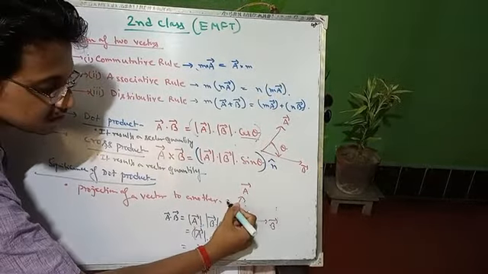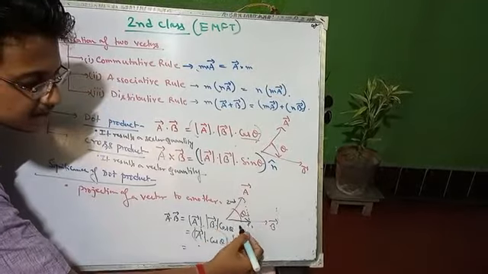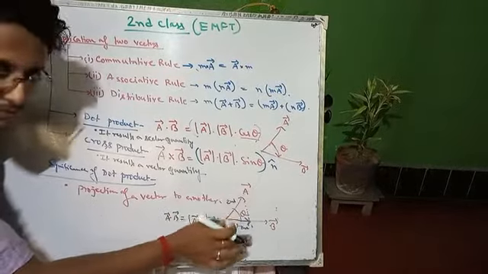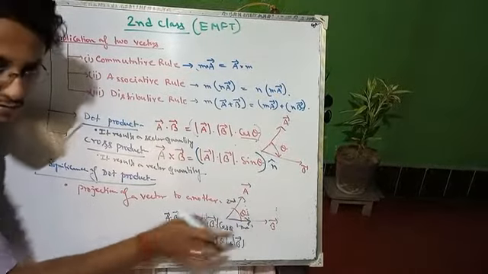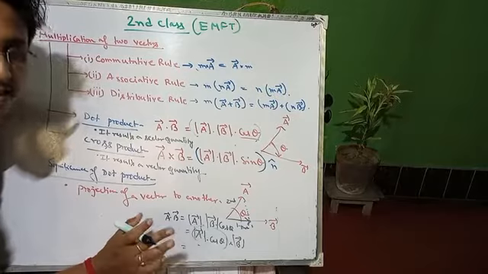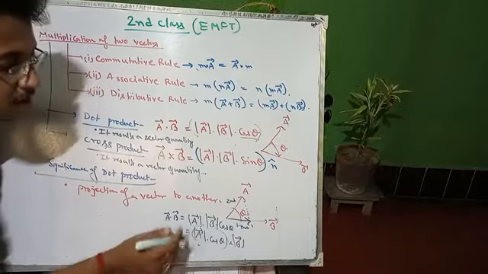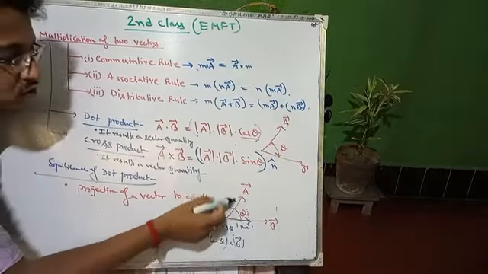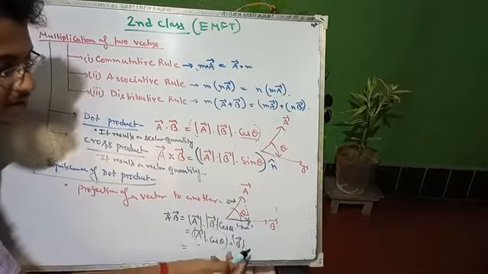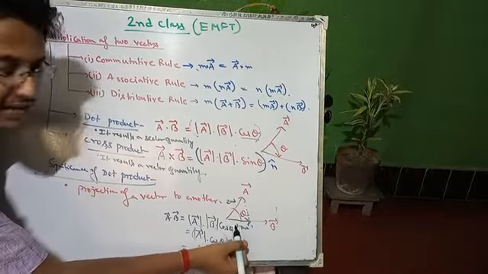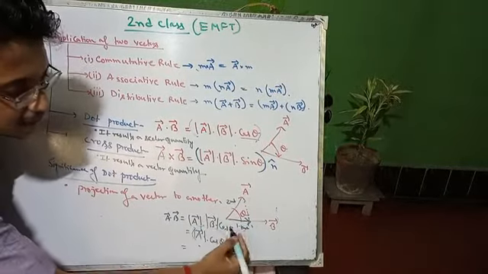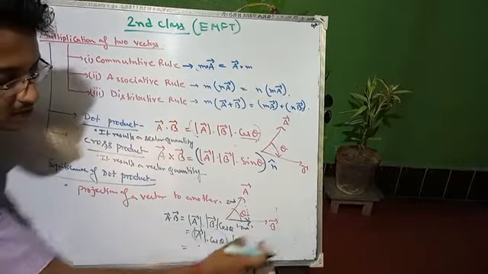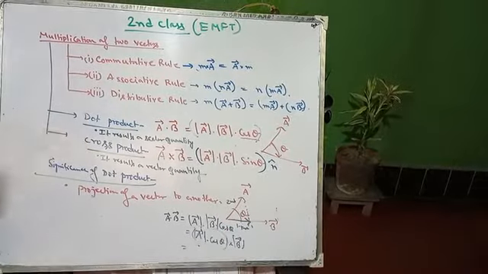Suppose this length is 2 units, and the projection is, say, 1.5 units. I am giving an example. It is less than 2, obviously, because cos theta has a maximum value of 1, so it will be some fraction. So 2 multiplied by this fraction, the cos theta value, gives 1.5, obviously less than 2. This distance is called A cos theta.